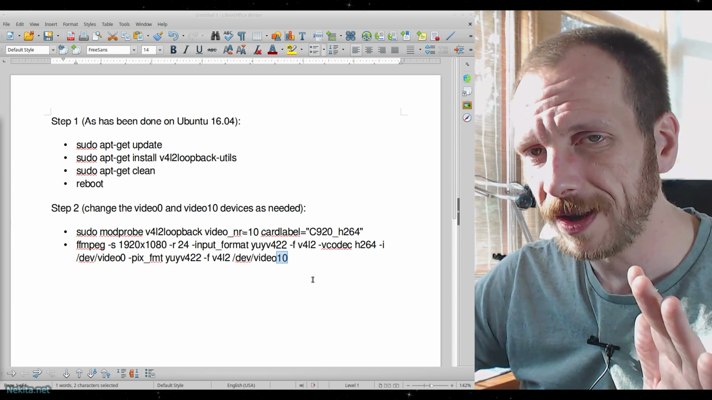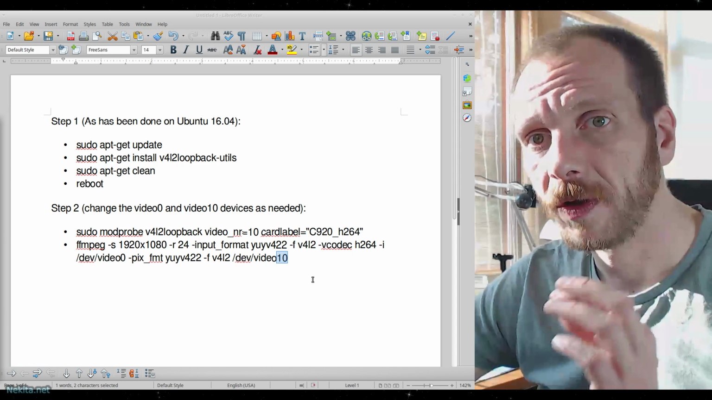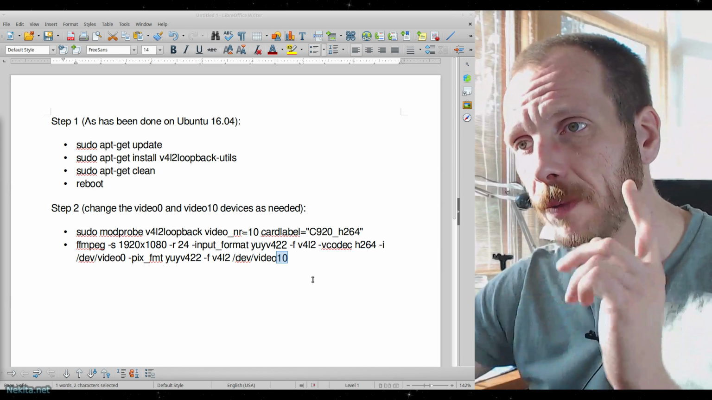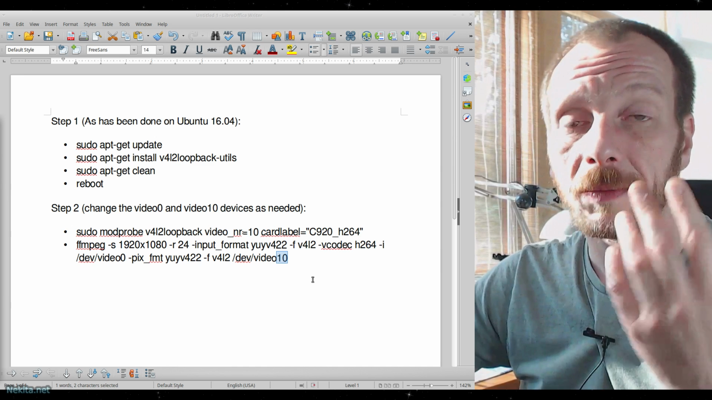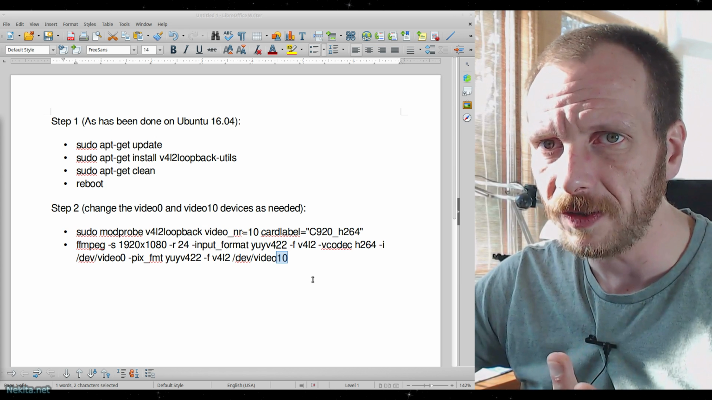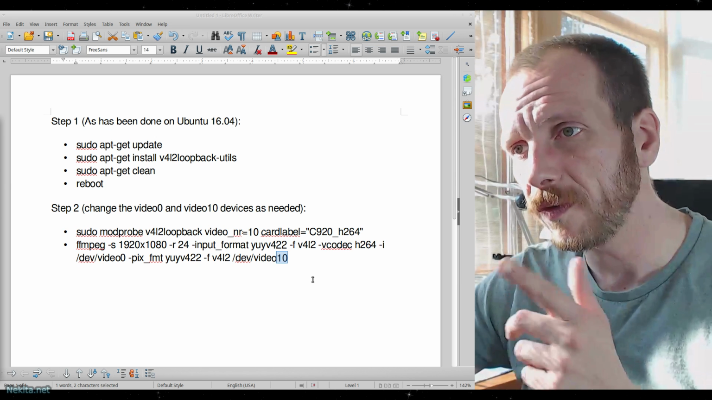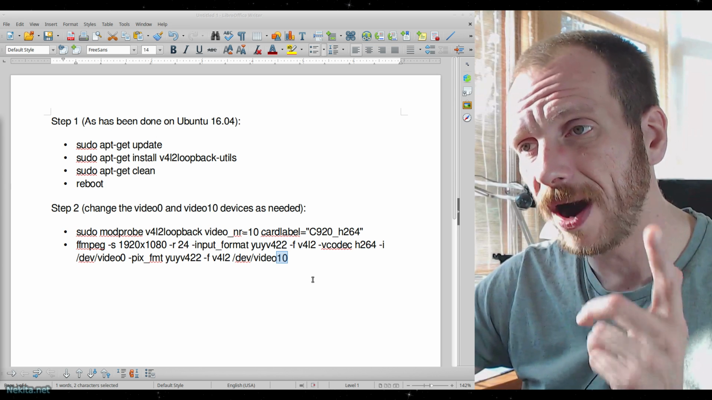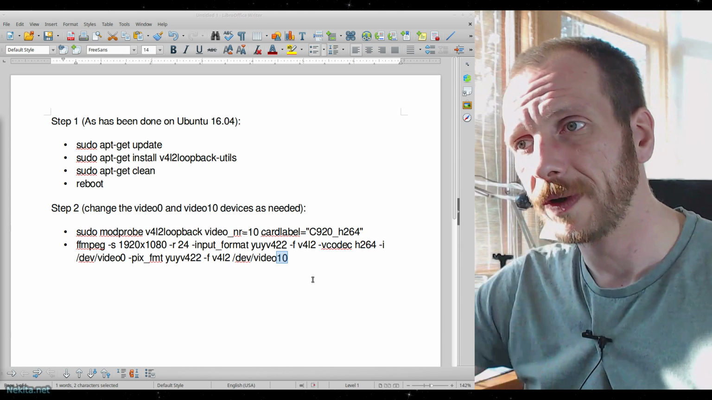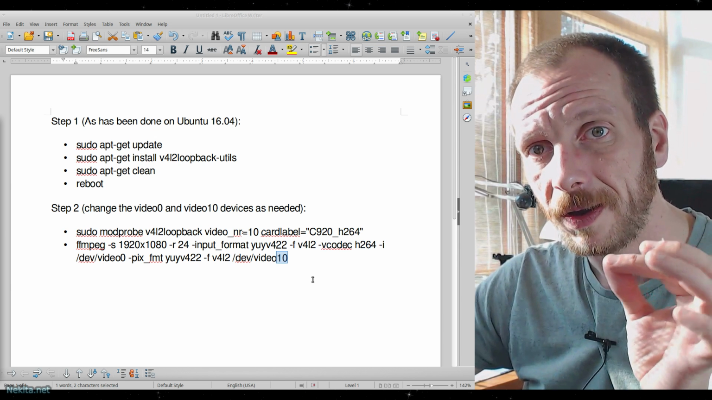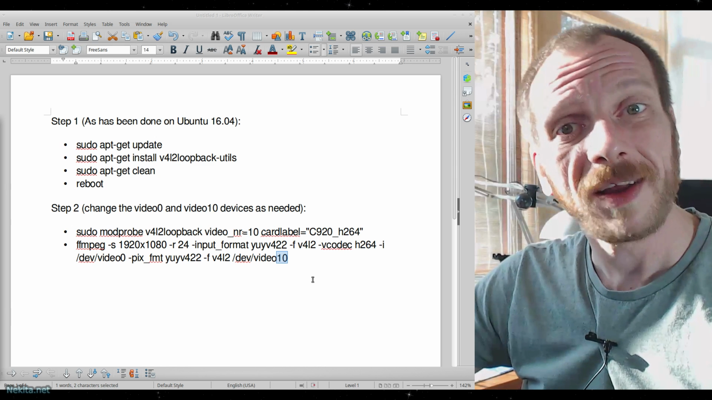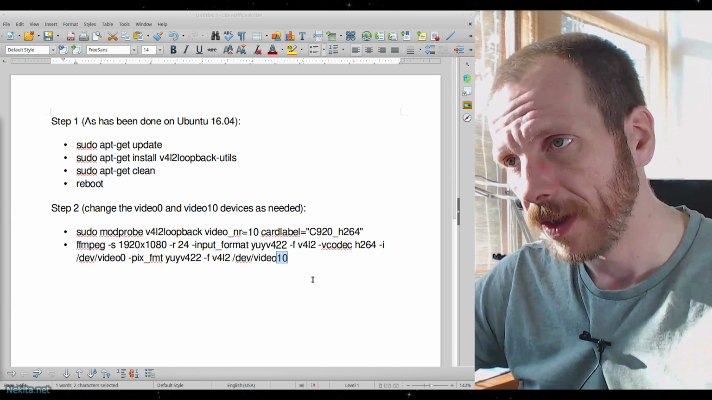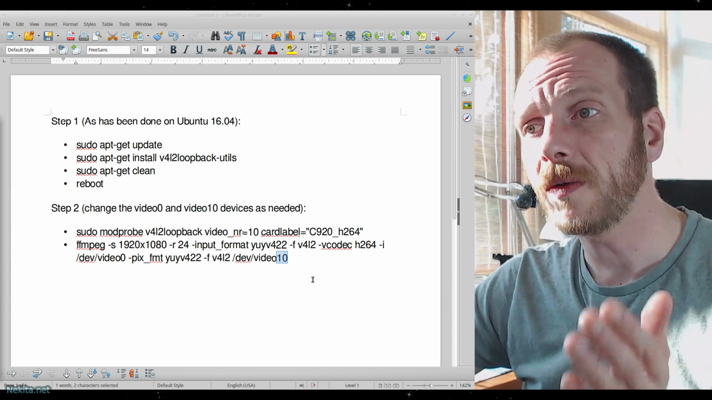You can't get that with this command, not as it's written here, but you do need to put in an input format, otherwise you'll most likely, as I've seen at least, get errors. So input format YUYV422. And you need to set the F format. It isn't that, it's something else. Doesn't really matter. But set that to video for Linux 2,